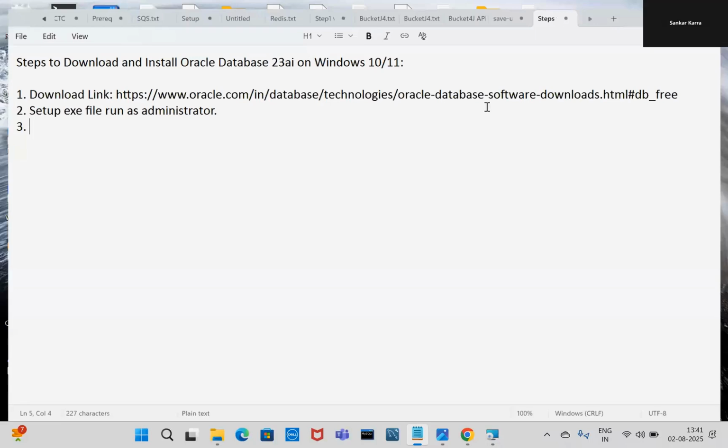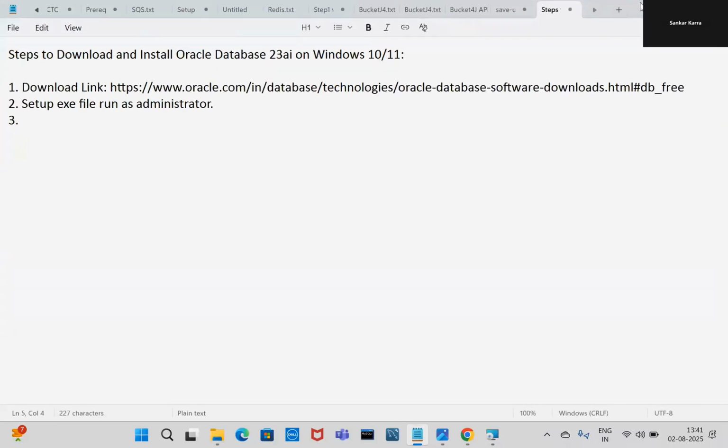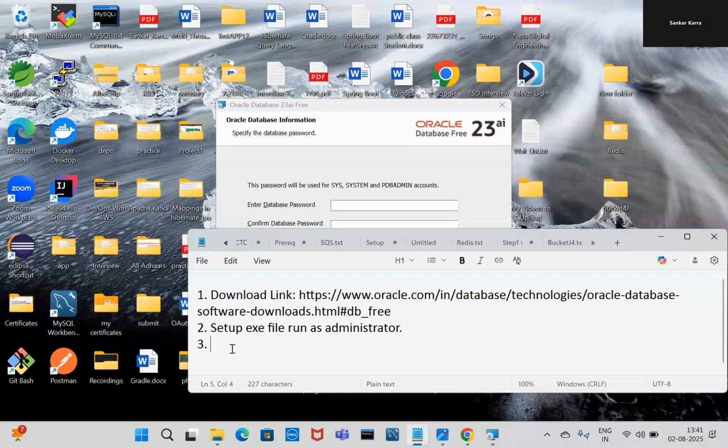So let's note down those usernames: SYS, SYSTEM, PDBADMIN. For these usernames, I am mentioning the password, right? Password is equal to,